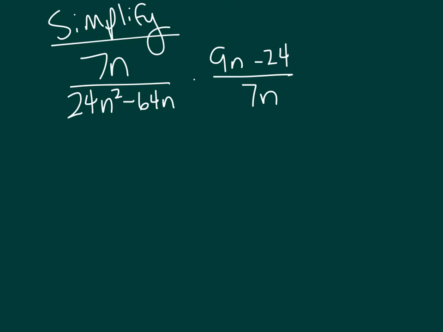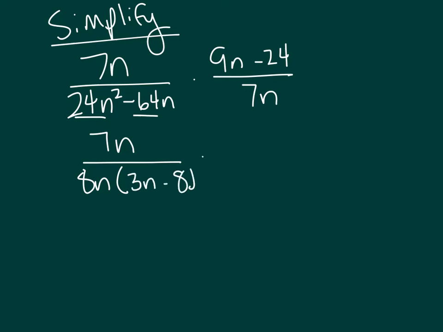Okay, so if we have something like 7n over 24n minus n squared minus 64n times 9n minus 24 over 7n, obviously our 7n is not going to simplify, so we'll just bring that down. Factor, so we'll bring that down. If we want to look at these two, they have a common factor of 8n, so then we would be left with 3n minus 8. Looking at our next numerator, 9 and 24 have a factor of 3, and that's the only GCF, and you're left with 3n minus 8,